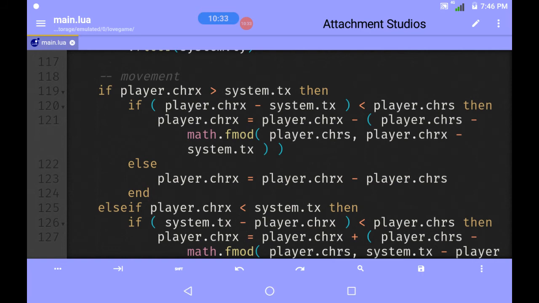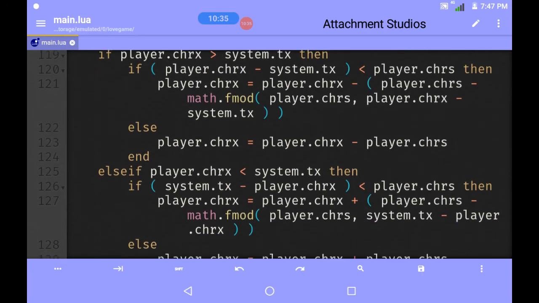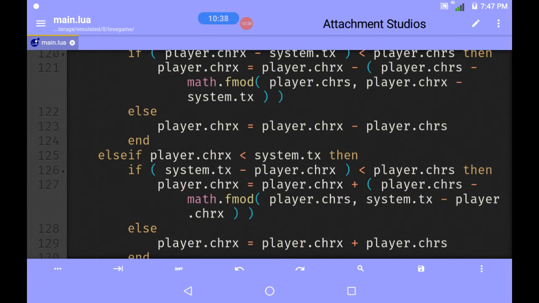Now that's a feature of Lua 5.1 and above, I think.